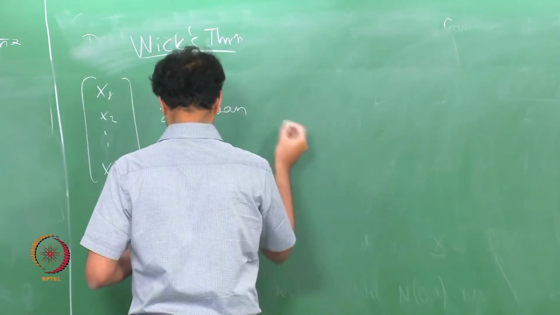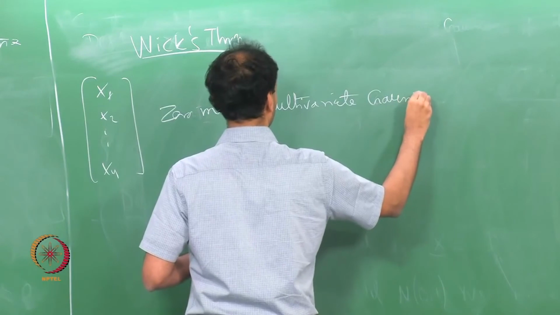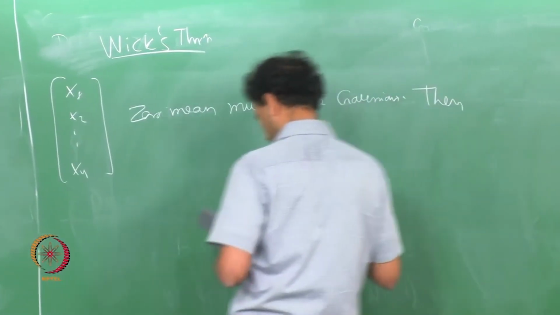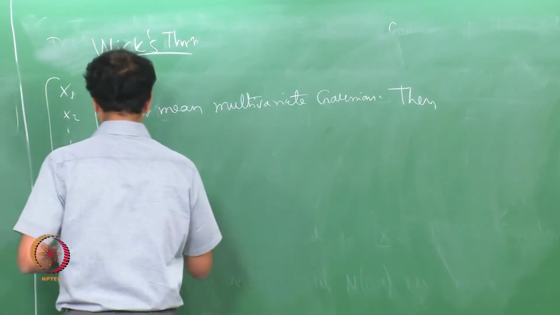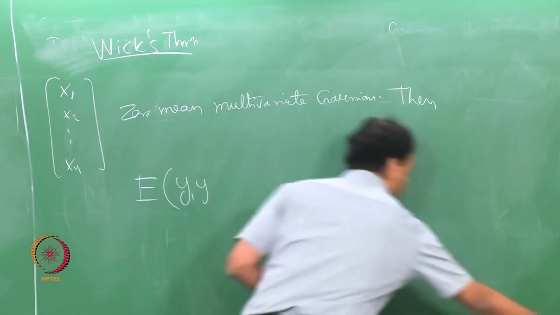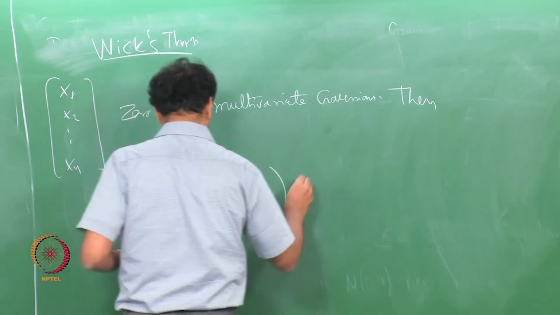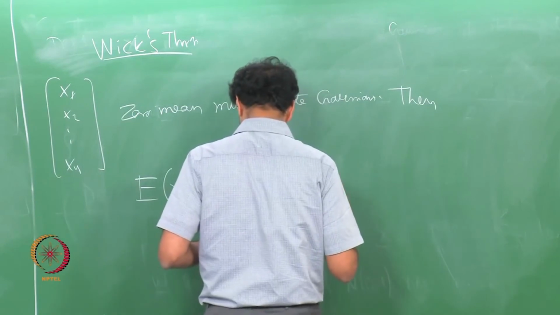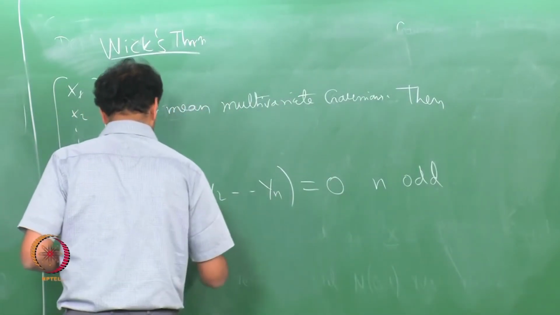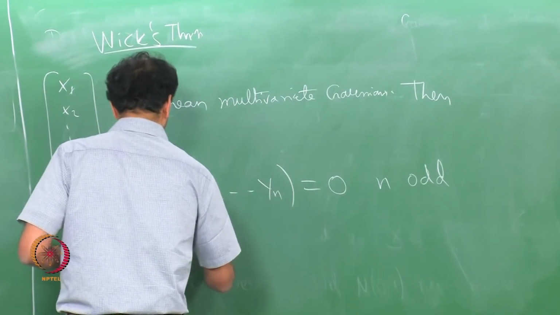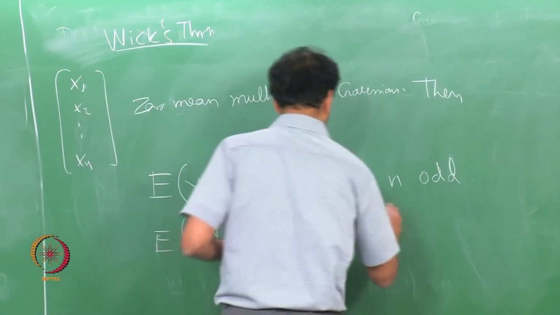Then expectation of y1 y2 ... yn equals 0 for n odd, and expectation of y1 y2 dot dot dot y2n, so I am looking at an even product, is given by a sum over pairings